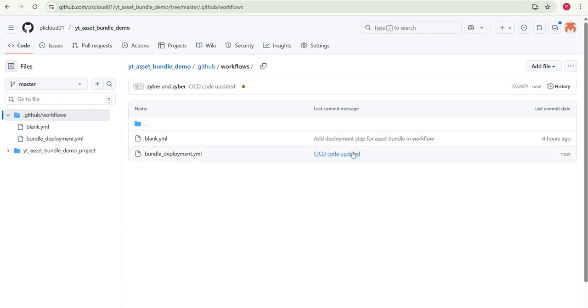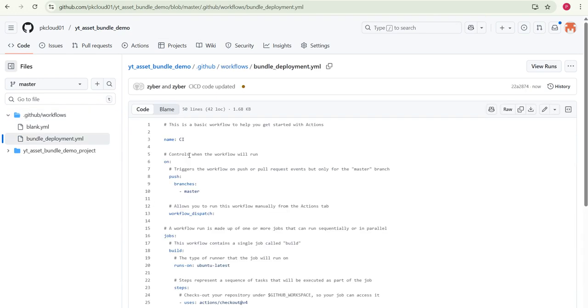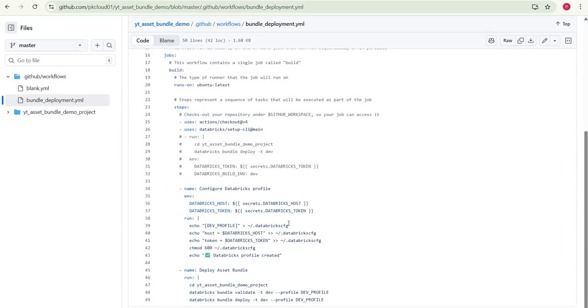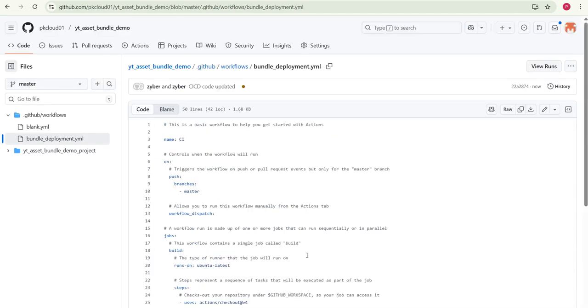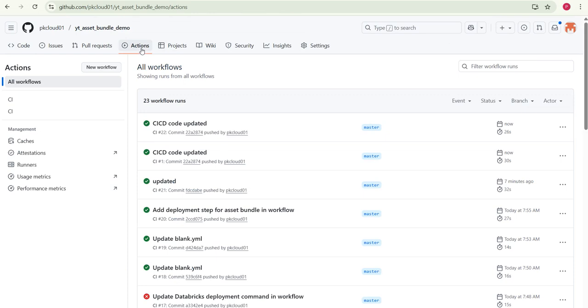So now all bundle.com and then YT bundle demo project, in the left side you can see that the entire code is pushed or committed to the GitHub repo. Yes, it is committed now. Okay, fine. Now it is committed now. The next step what we are going to do is,